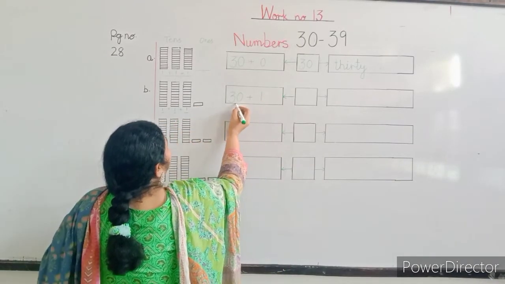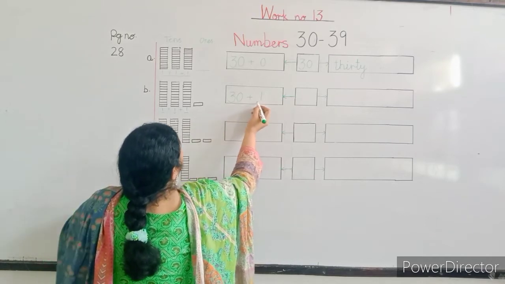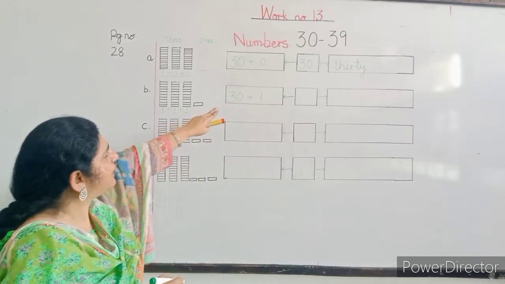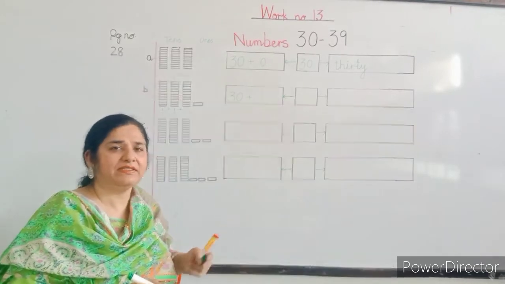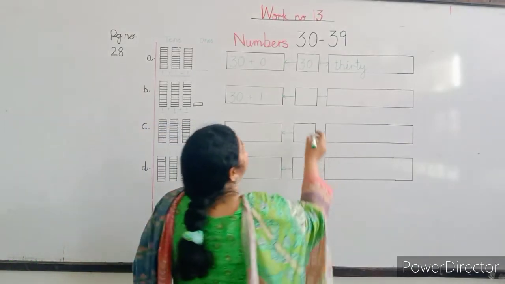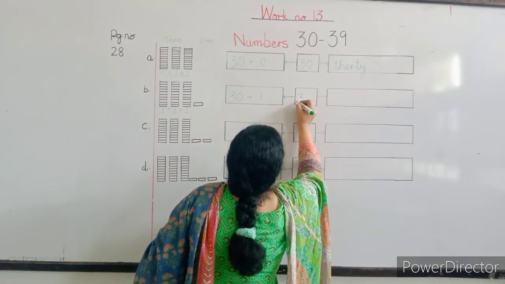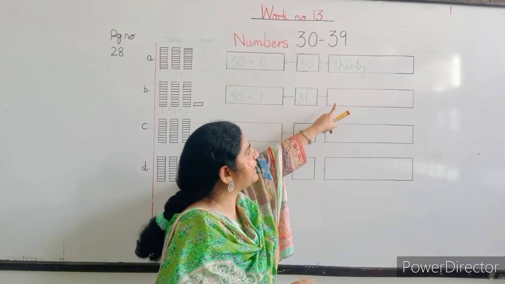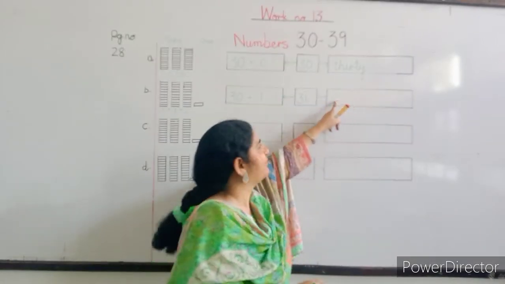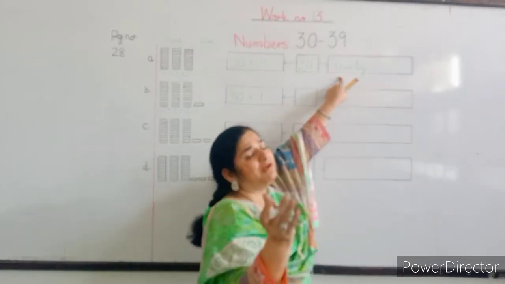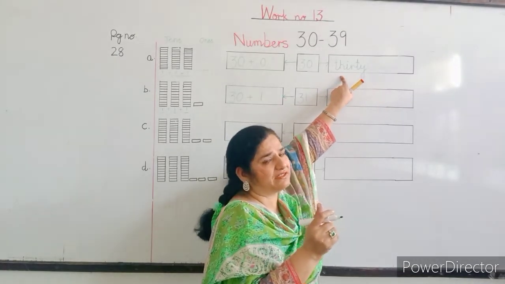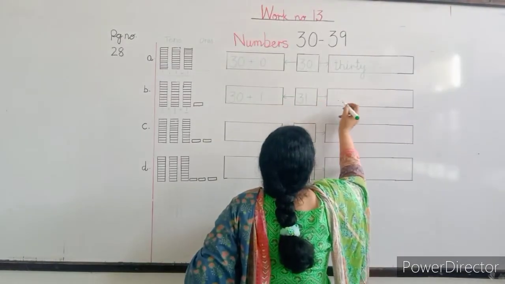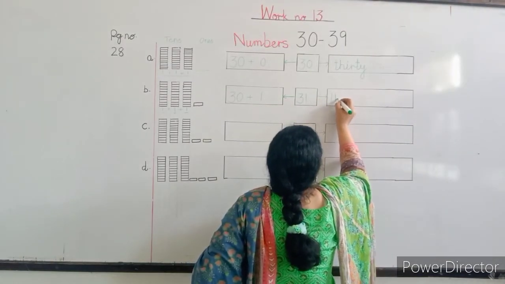This is 3 tens is 30 plus 1 ones. We have written 1 ones. Okay. So 30 plus 1 is, yes, very good, 31. 30 plus 1 is 31. And now we will write here the number name. The spellings of 30 are, come on, THIR, 30, and then 1.